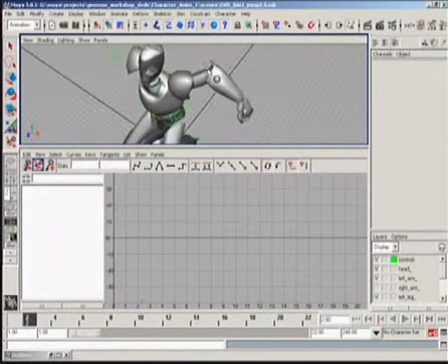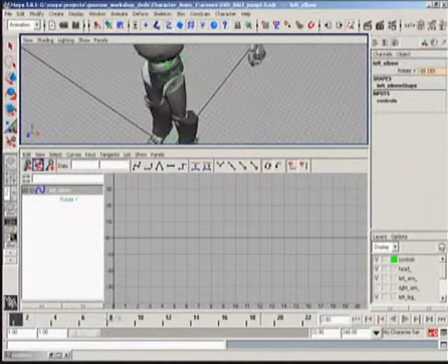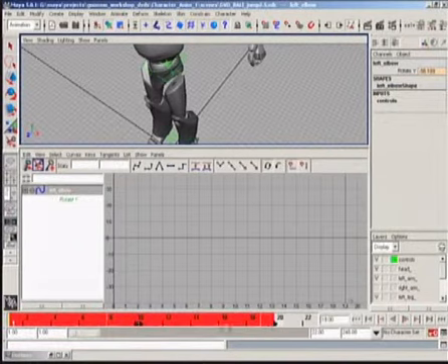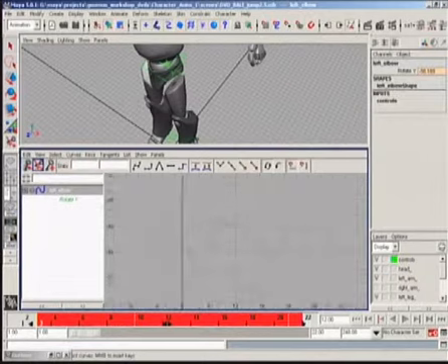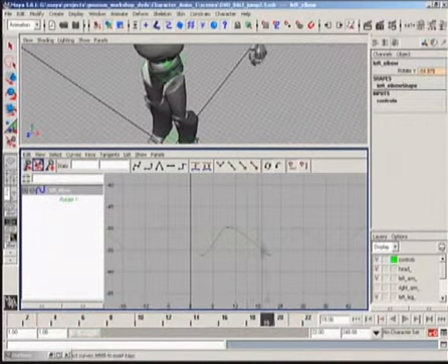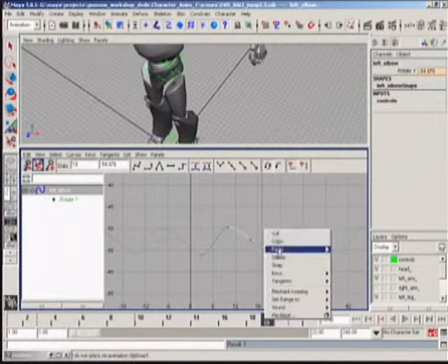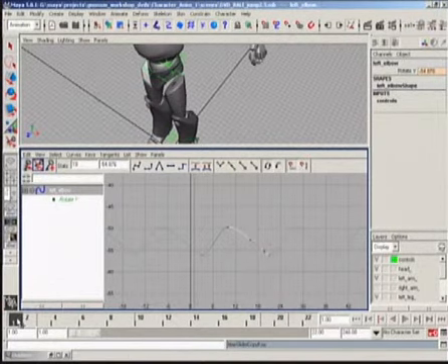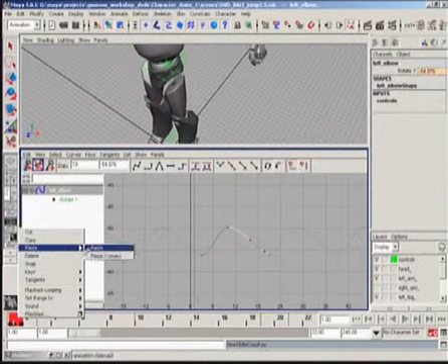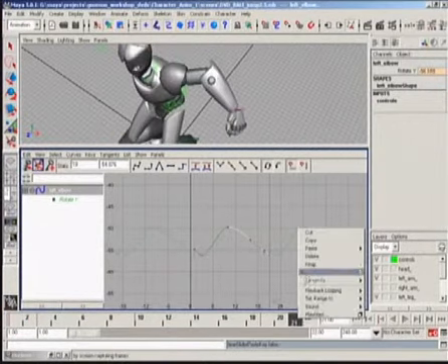I'm going to grab the elbow. And now what I'm going to do is offset the elbow by 2 frames. 1, 2. And go here at 19. Drop a key. Copy that. Paste that. Frame 1, blow this away,